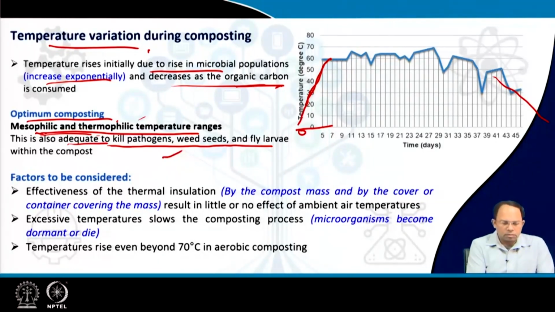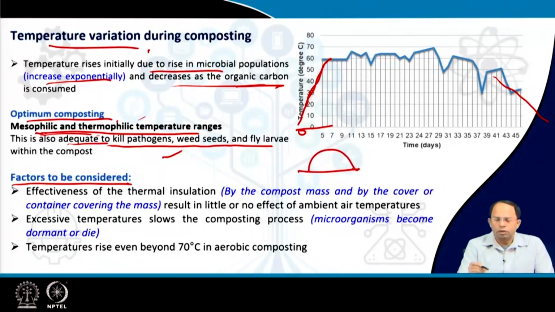Now, some factors need to be considered in regards to temperature variation. There are two points. First of all, we have a pile of compost, right? Of course, the heat at the center is much higher. At the side, the heat is much less. Sometimes, because of the material we put in the compost, like when we make it porous and use bulking agents, the heat is lost because it is very porous.